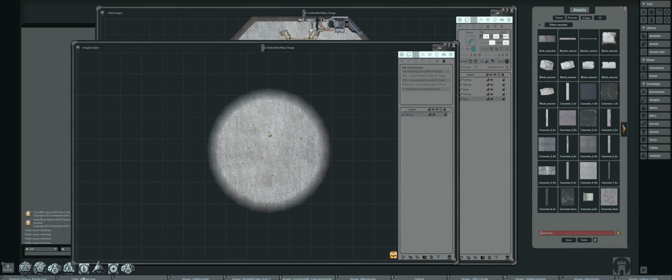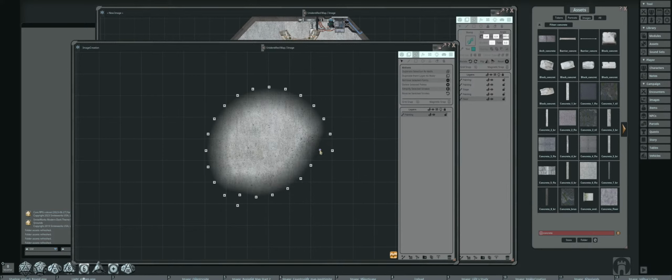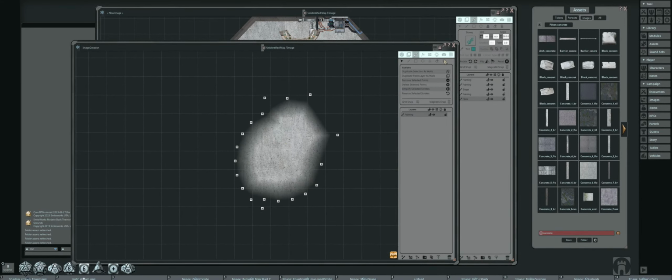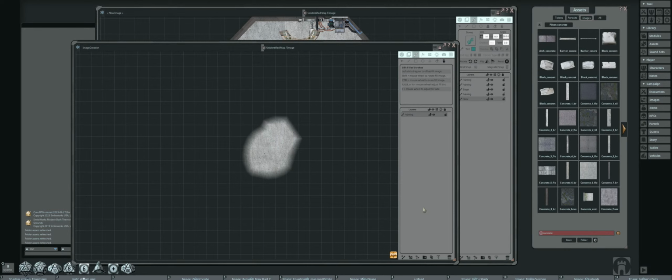I'm going to come in here. We can fade out that edge a little bit. I'm going to make this shape a little bit different here. Maybe we'll delete some of these that we don't need. And having a little bit of stuff around the edges is going to be fine. We can fade this in as much as we want, but maybe we'll do something like this, right? And now when we export this as a PNG,